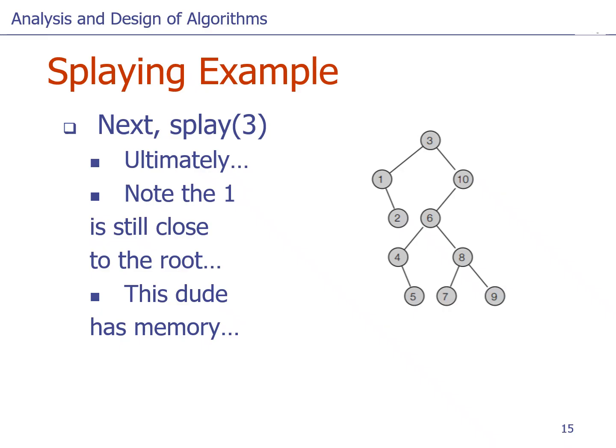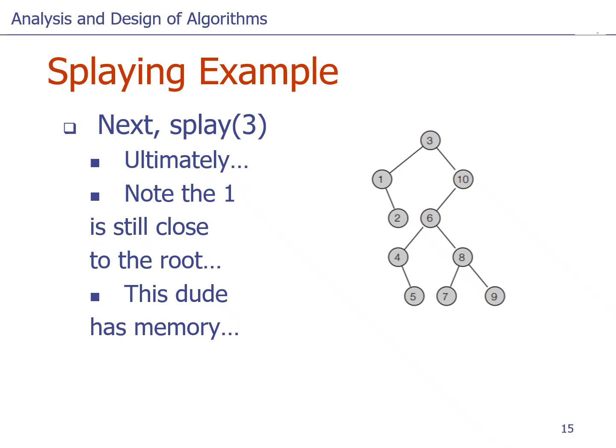Now, this is actually what I did. I tried to splay 3, and now you see what's going on here. It's now looking like a decent binary search tree to some extent. And even if I keep splaying, within a few operations, this is going to be very close to being balanced. Now, notice also that when I splayed 3,